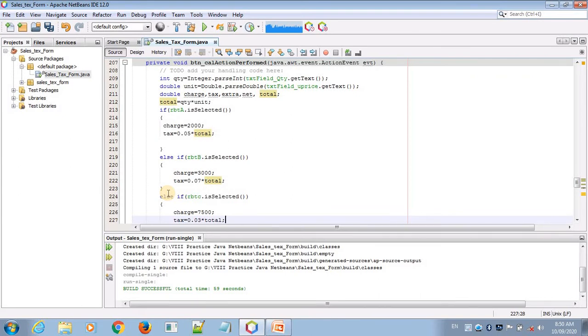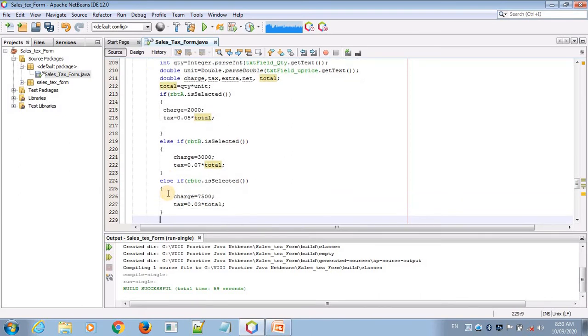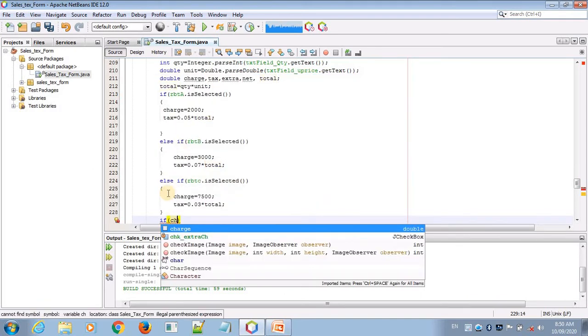And last is extra. If you have to select extra also, you write only the if checkbox. So I am putting CB checkbox extra.